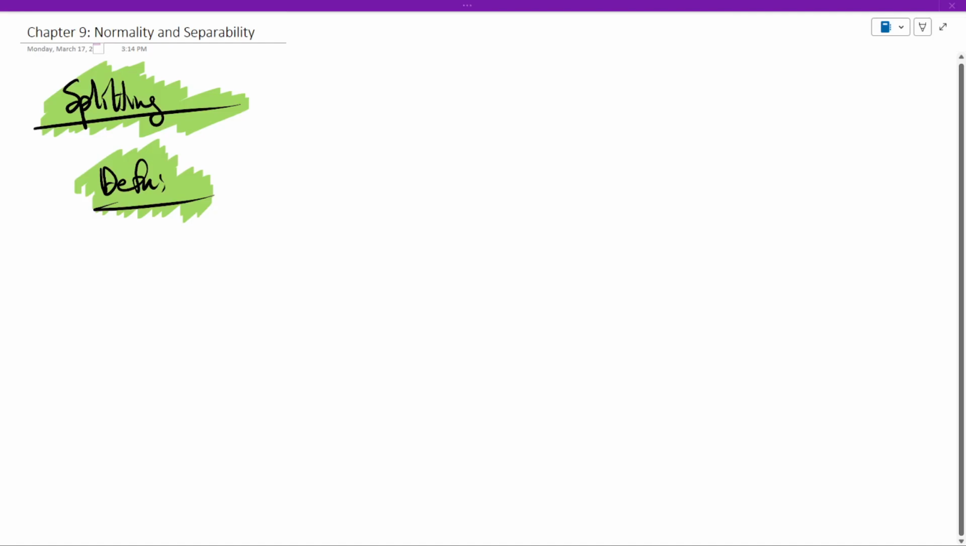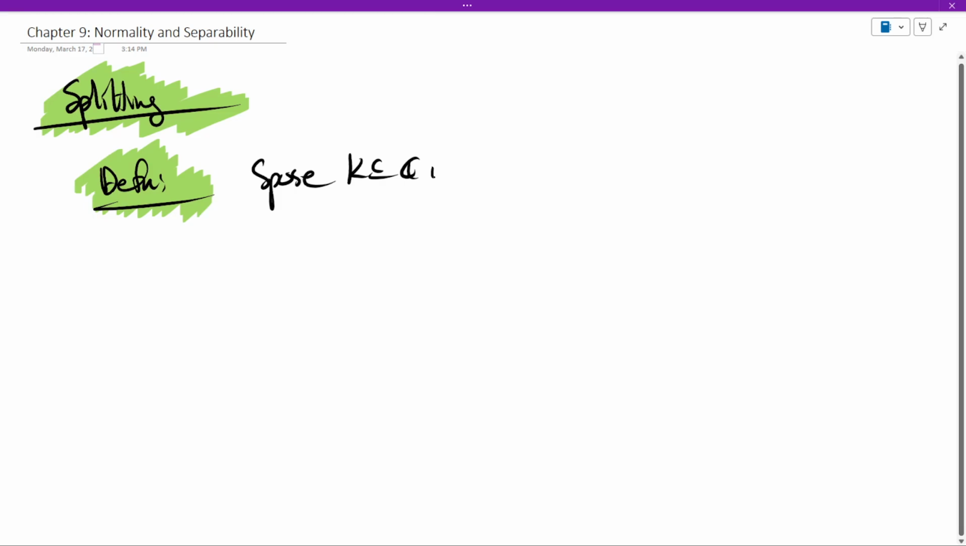All right, we begin chapter 9 with splitting. So we are going to talk about polynomial splitting at first, and then we're going to lead into splitting fields and so on. So the definition that we're going to start with here is: suppose K is a subfield